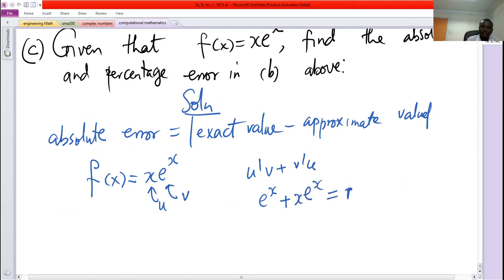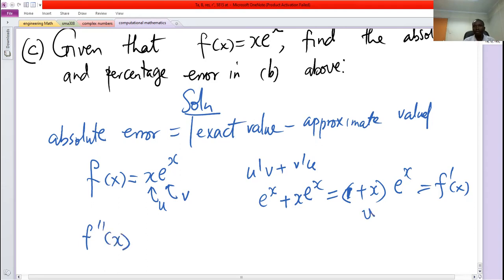Which is 1 plus x e raised power x. So this is the first derivative of the function. The second derivative, we still apply product rule. So u prime is 1, so we have e raised power x plus v prime is e raised power x, so 1 plus x e raised power x, which when simplifying we have,